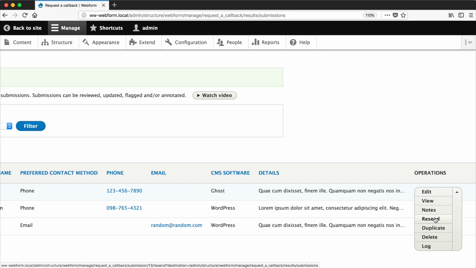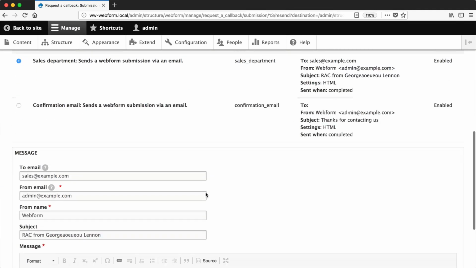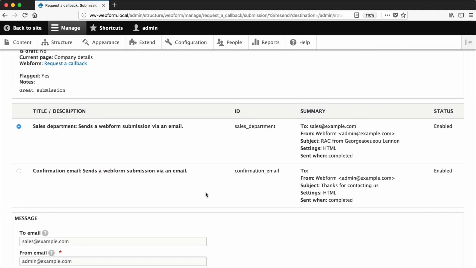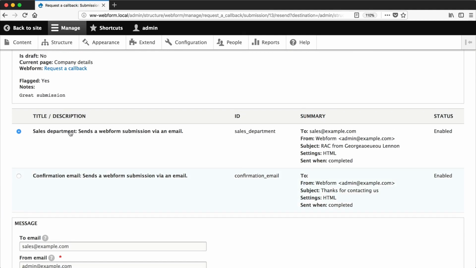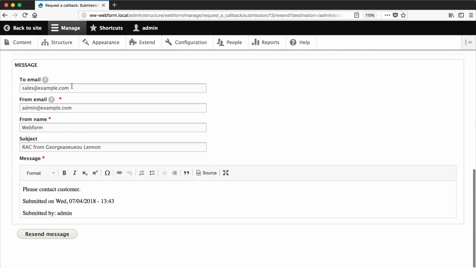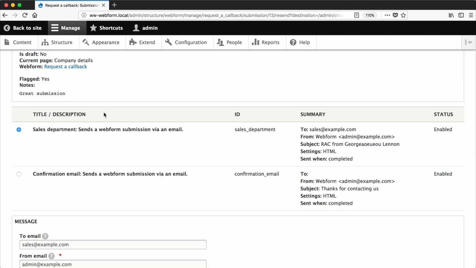And then if you click on resend, you can resend the emails. And then from the message area, you can even modify the email before it gets sent. So this is useful because you can resend confirmation emails. If a customer contacts you for some reason and says, we didn't receive this email, you can easily just fire it off. It's also useful if you are sending emails to some third-party SaaS provider, which is converting them into